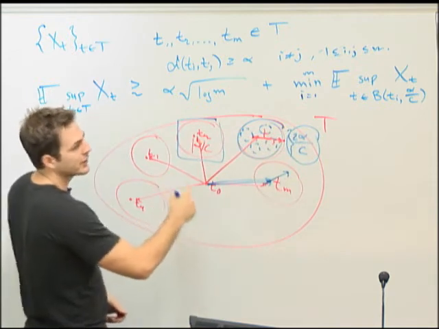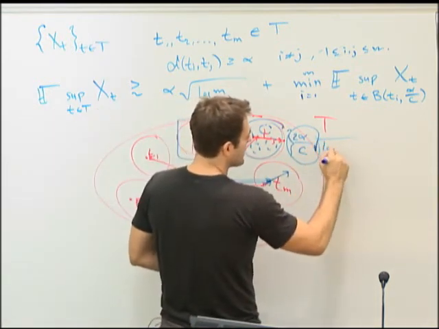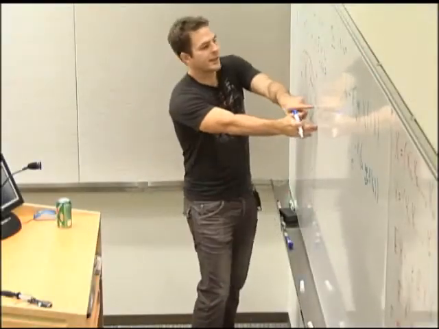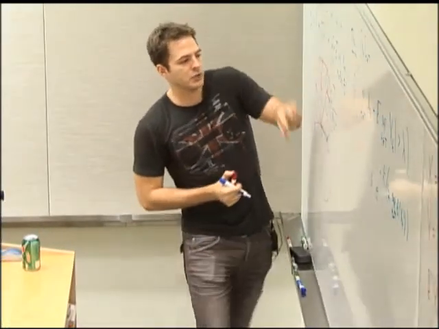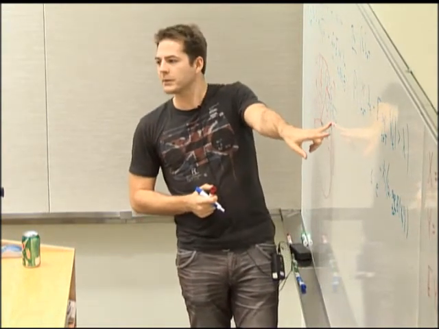So now we have m balls. Suppose we use this and take a union bound. Then the fluctuation of the worst one could be like this. But if we choose c to be large enough, this is still tiny compared to this. So basically, we can use this inequality, take a union bound over all the balls, and get that the value in each one of those only fluctuates by this much.